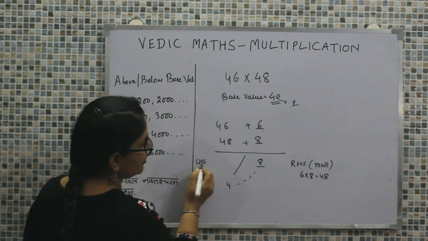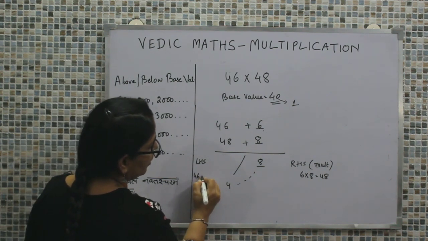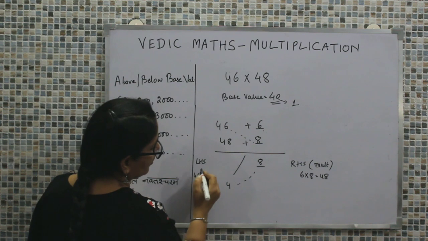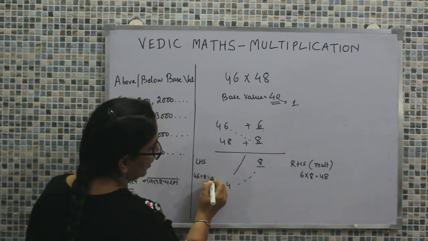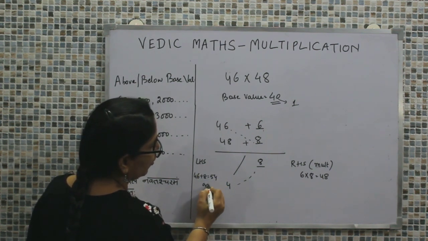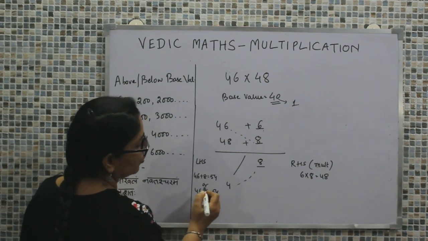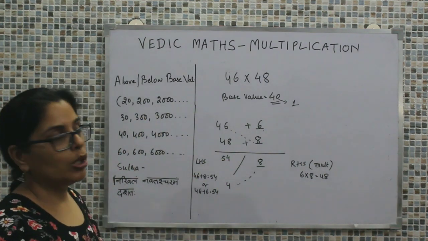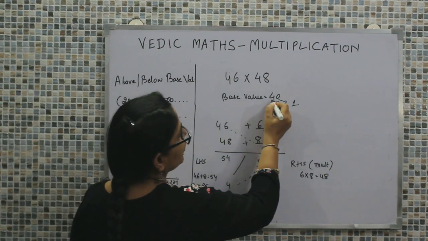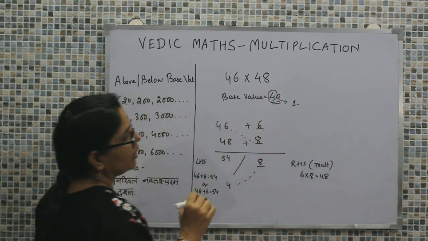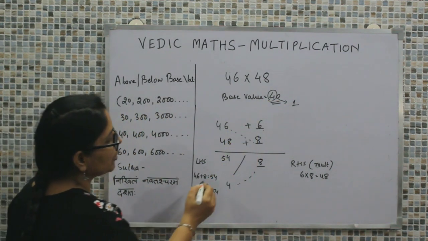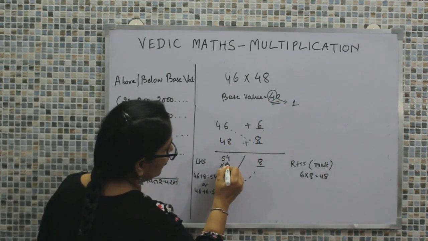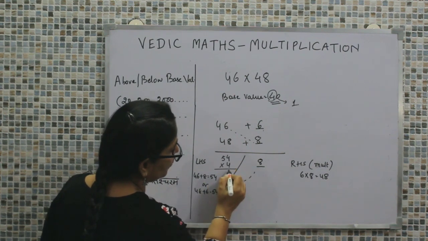Take into consideration the LHS, so it can be diagonal addition, that is 46 plus 8, that is 54, or 48 plus 6, that is 54. So either of the ways we are getting 54. Now make it out that we have taken the base value as 40, so 4 will be the multiplying factor. We multiply by 4